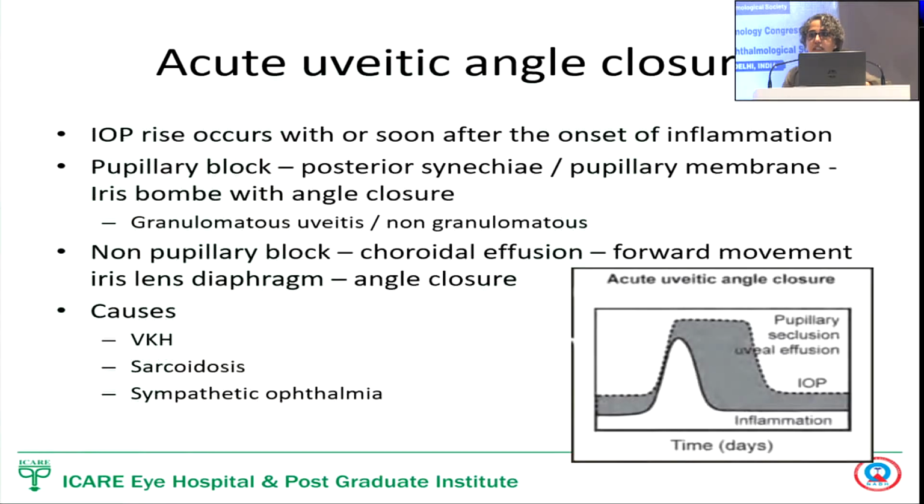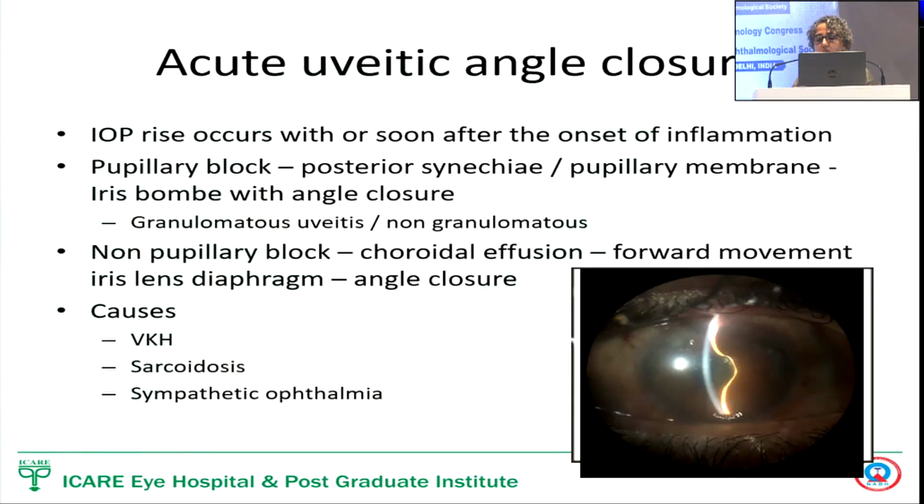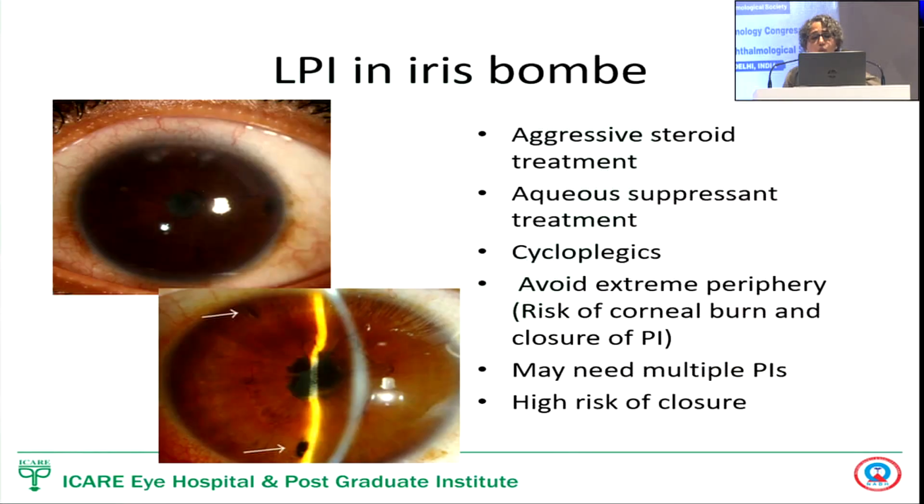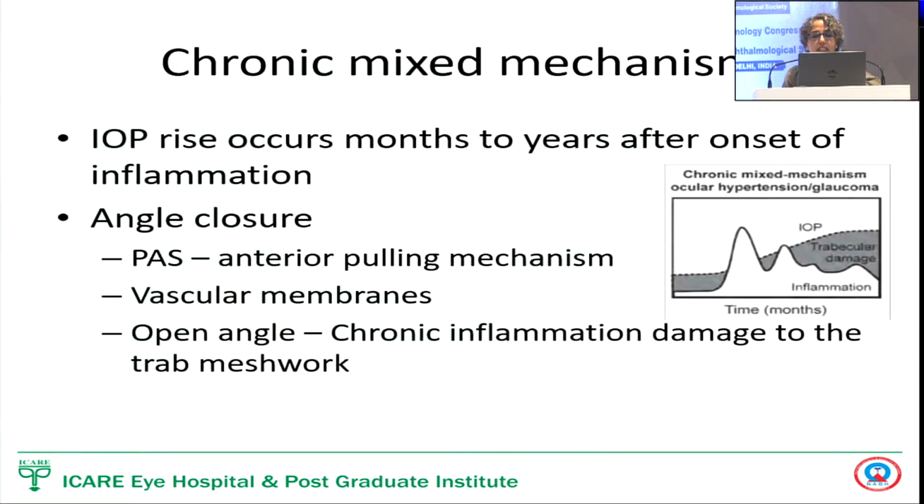And here you'll see that the glaucoma can follow long-term even if uveitis is under control. A classical picture of pupillary block where you'll need a PI, and very often these PIs can block. So large PIs, more than one, and aggressively treat them with steroids and cycloplegics. So you can see over here 2 large PIs made and the pupillary block is settled.